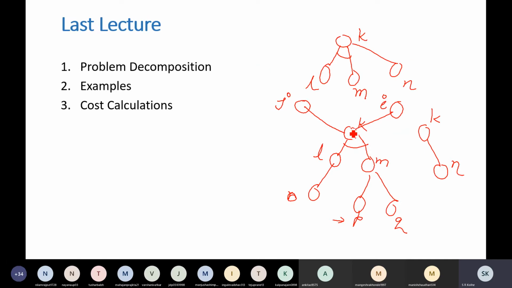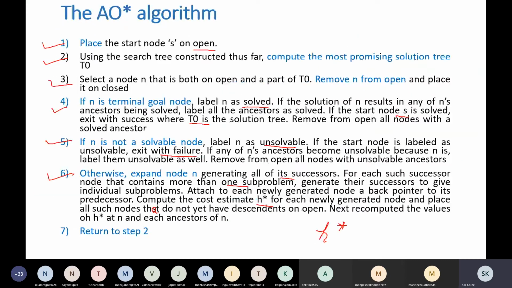But whenever you are going to visit this K through node I again, at that time also I will generate this K. So you will find this K is either on the closed or open list. What is the indication? This is the indication that you are visiting that node again. Earlier also you have visited that node. That means that node has more than one parent. So to take care of that, here we are saying you will have to place it on open.